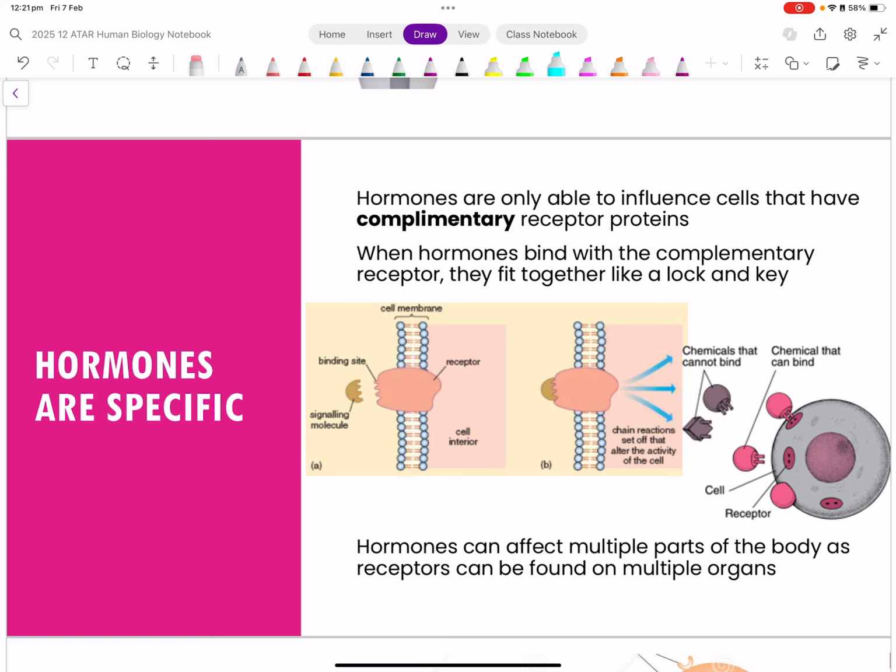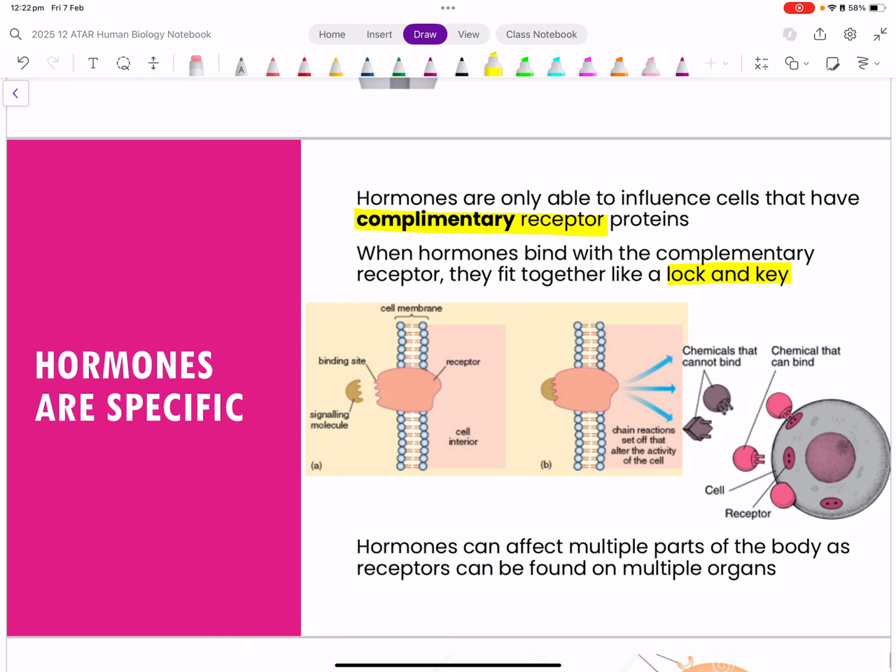But more importantly than that, hormones have complementary receptors. And the key word here is complementary. They fit together almost like a lock and a key. Now, hormones can affect lots of different parts of the body as long as a particular complementary receptor is found